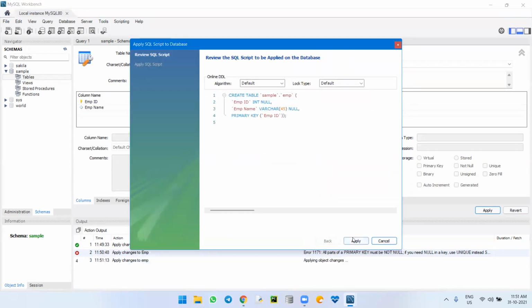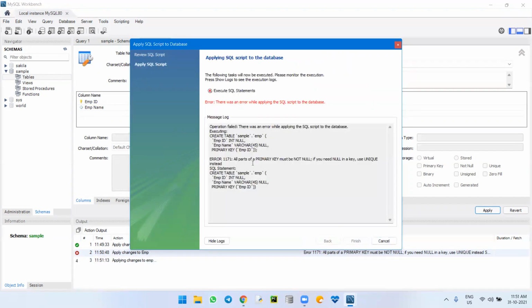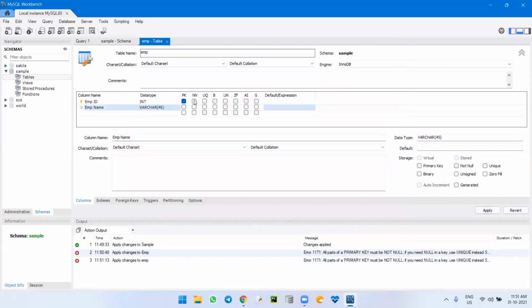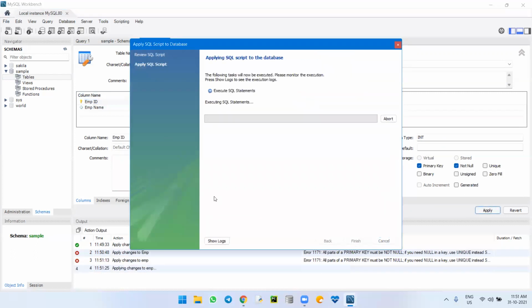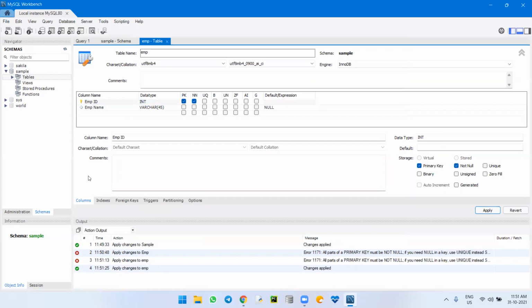Something went wrong: the primary key must not be null. Right, so it is set to not null. Now it will work, and the query is executed. This is how the queries will be built.